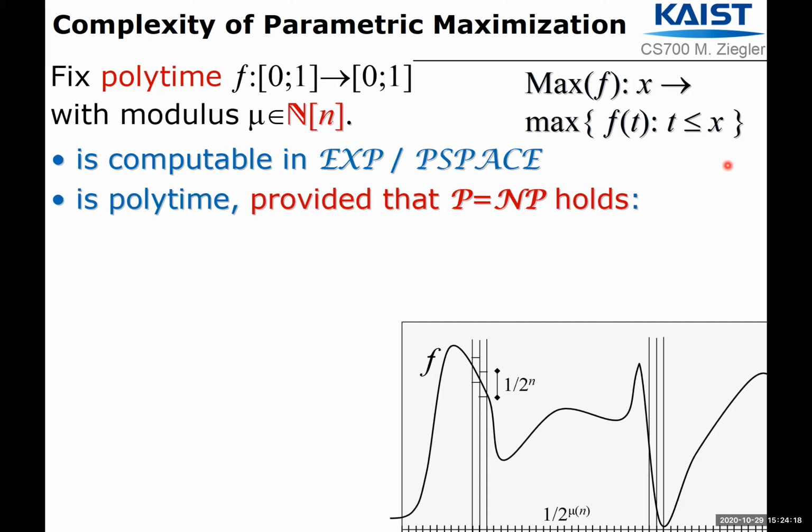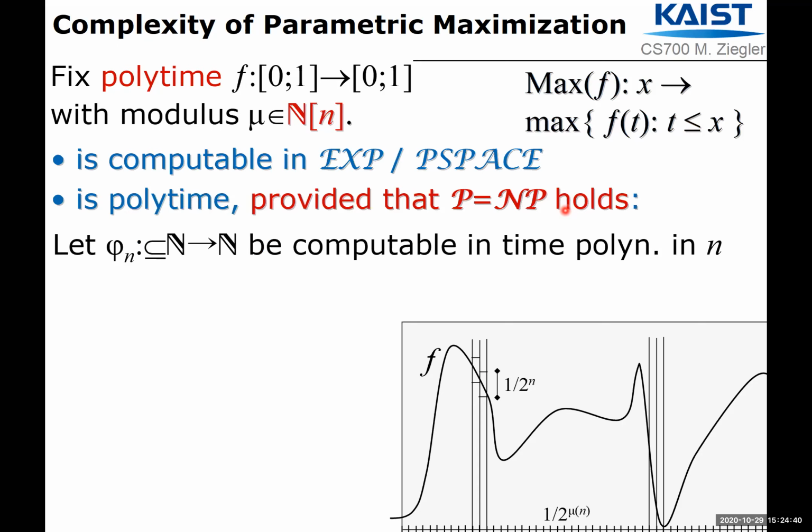So while you think that maybe Newton's method can provide a more efficient algorithm without the hypothesis P is equal to NP, while you keep thinking of that, maybe let me argue why, if P is equal to NP, then actually the maximum can again be computed in polynomial time. And to this end, let us recall what it means for a function on the unit interval to be polynomial time computable. It means there exists a discrete function that provides the integer